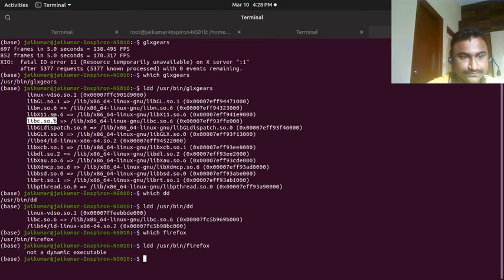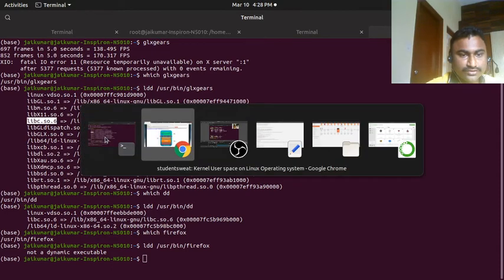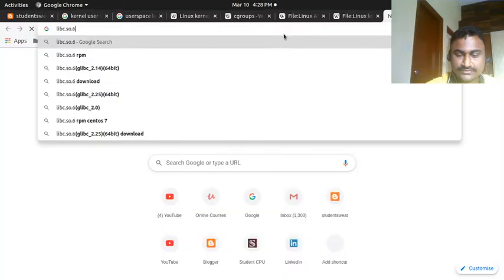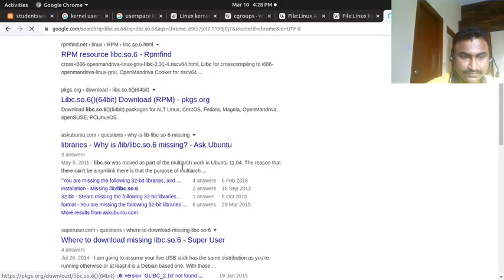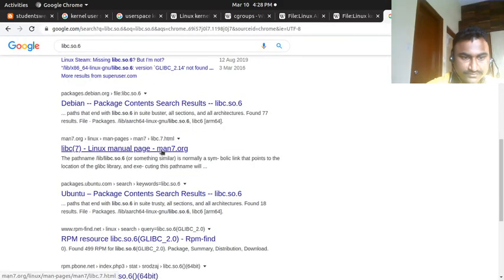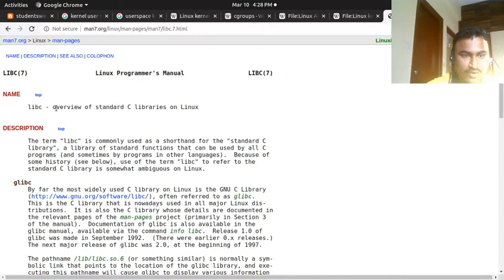If you want more information, just go to the browser and search for it. You will get clear information. What is this? The Linux program manual, overview of the standard C library on Linux. It's a C library.